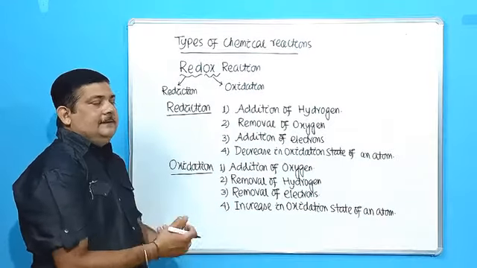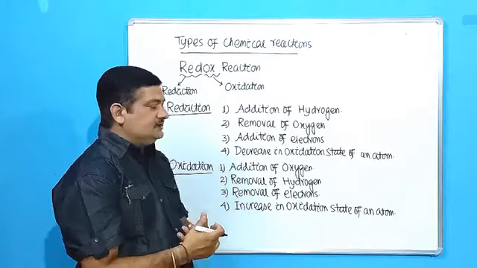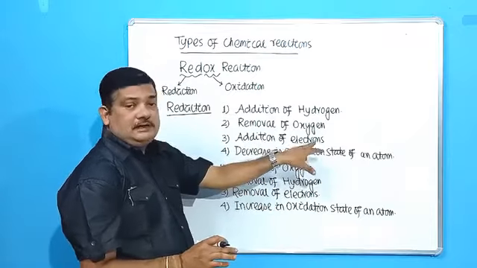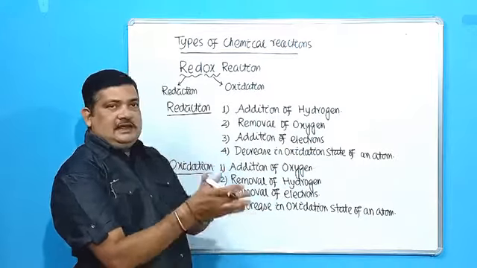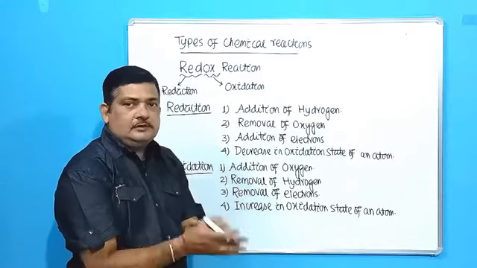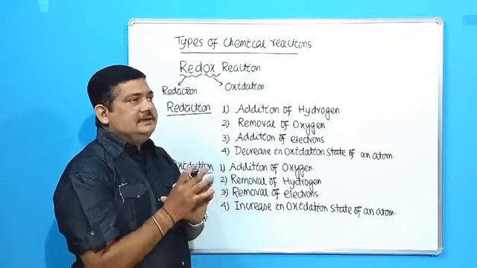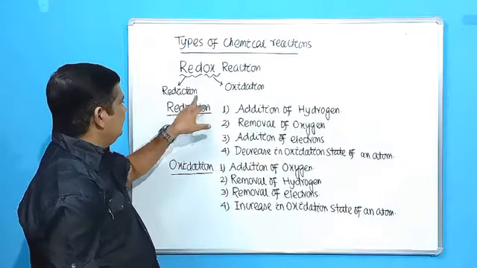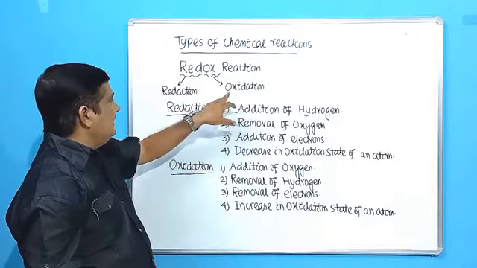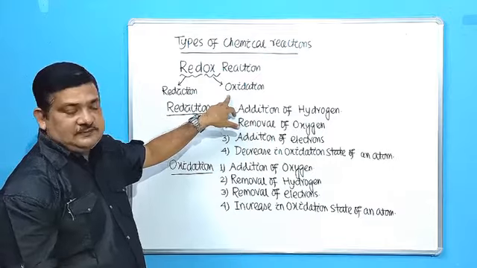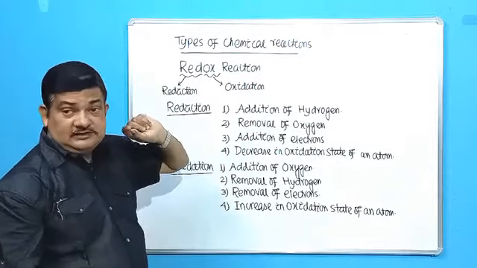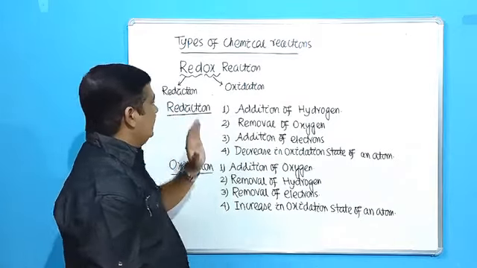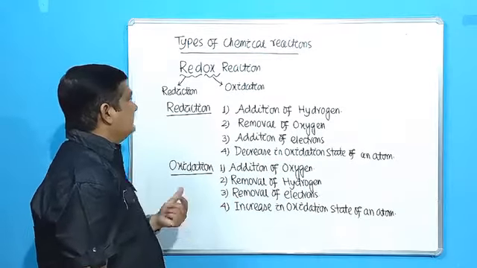Okay. So generally, when in a reaction reduction takes place, reduction means addition of electrons. So when electron is added, there must be another substance which will be producing electrons or which will be giving electrons. That means normally in a reaction both oxidation and reduction take place simultaneously, and that's why they are called redox reaction. That means the reaction in which both reduction and oxidation take place simultaneously is known as redox reaction.